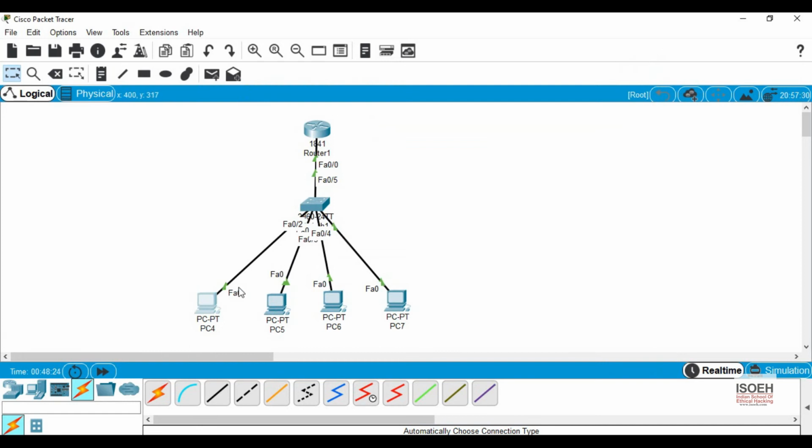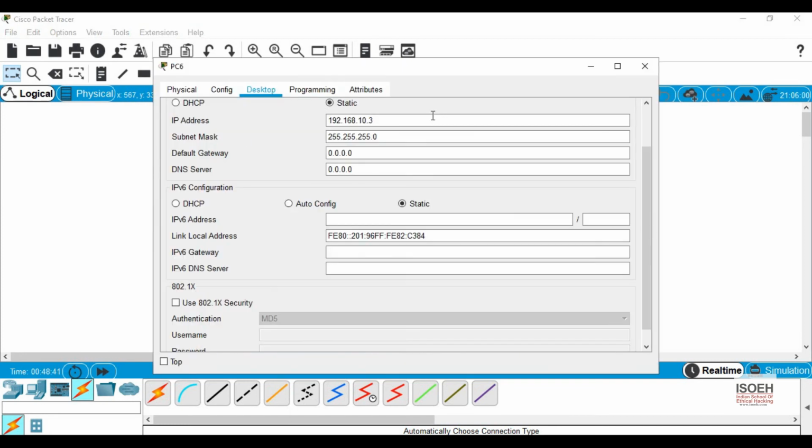Normally, this PC will directly send the request to the other PC, but now the router will do all the communication. So all my requests will be sent to the router and the router will communicate with the other VLAN for me. So I will change all these things also.